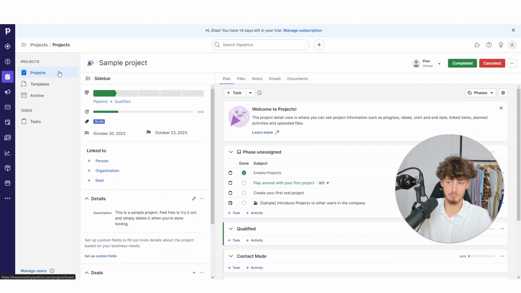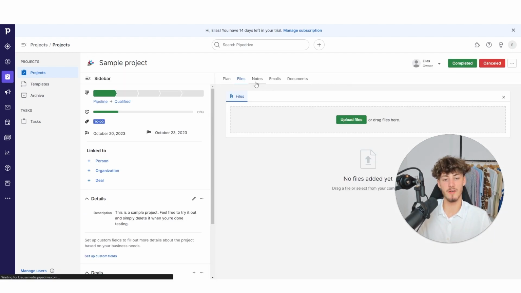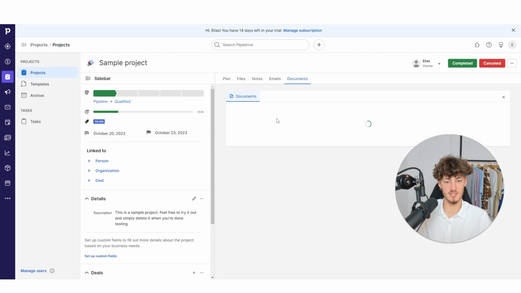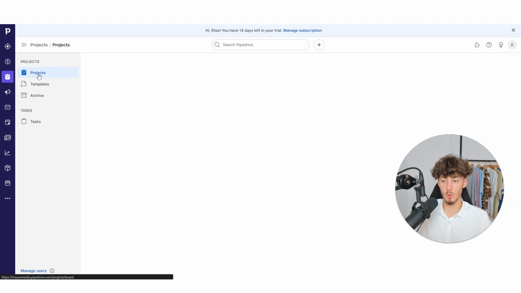This is going to basically look similar to the deals prospects, which we've already covered beforehand. So once again, right here on the left, we do have the general settings, and then we can add files, notes, emails, as well as documents onto this sample project right here. But I will just select a new project,